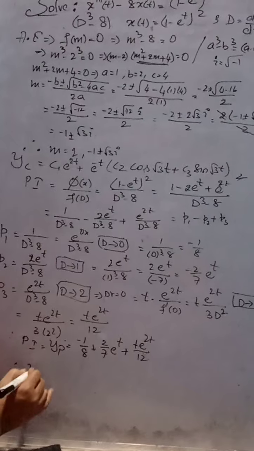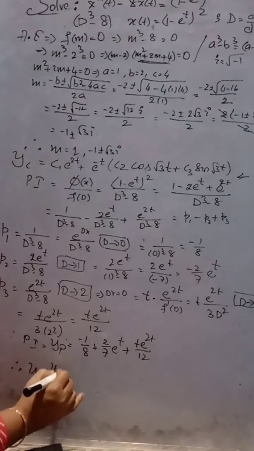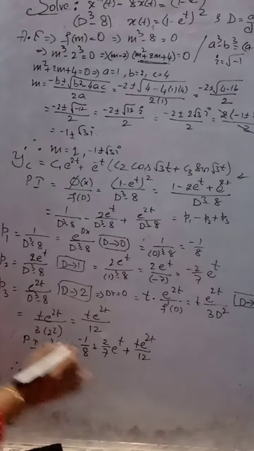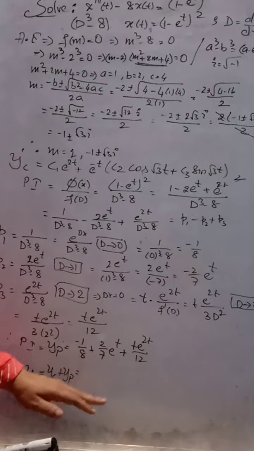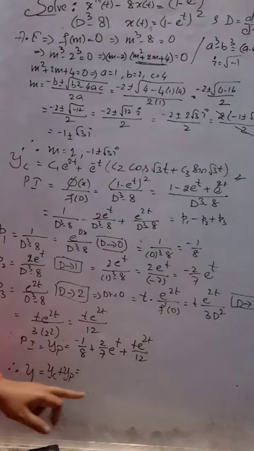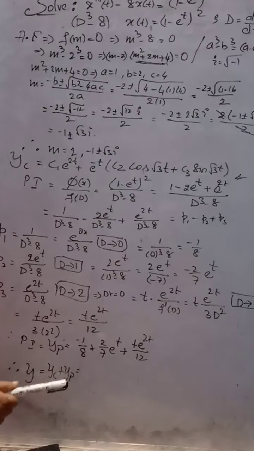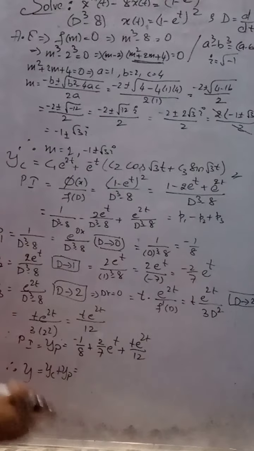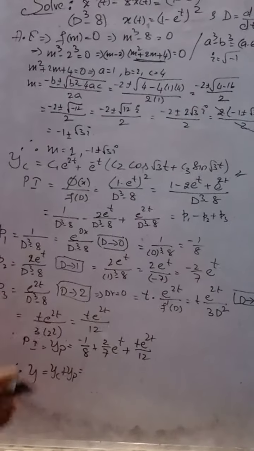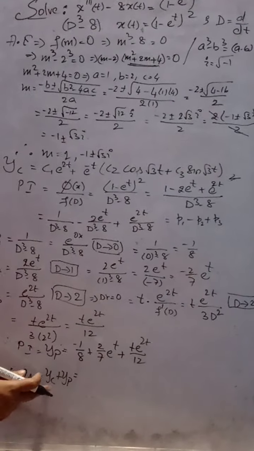Therefore, the final solution y is given by yc plus yp, which is equal to, guys, let me tell you, don't stop your solution here, else you're going to lose 1 mark. This part has to be written without fail. Okay, 1 complete mark is dedicated for this final step itself. Understood? Whether the problem is a 6 marker or a 7 marker, irrespective of this, 1 complete mark is for this one.